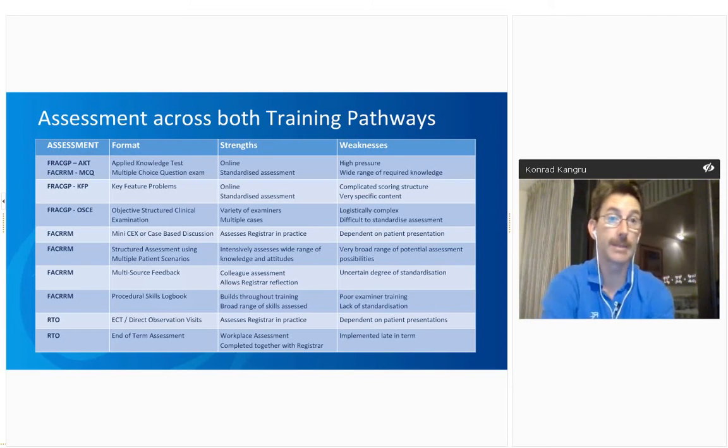It's great because it's standardised. You know that everybody across Australia is doing the same examination at the same time. But of course, that's a very high pressure setting, and there's a wide range of knowledge, and it's very difficult for you as the supervisor to be able to prepare your registrar for all of the things that they need